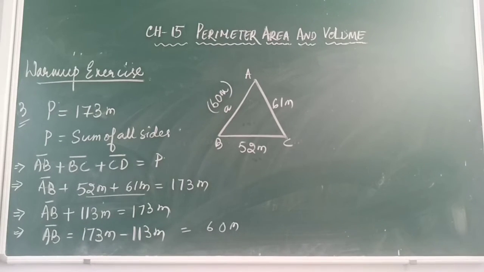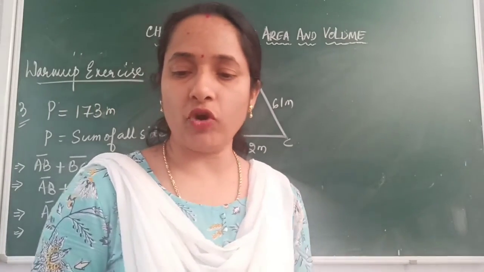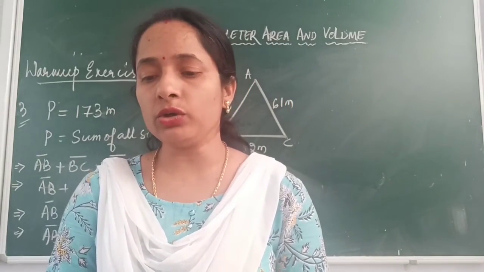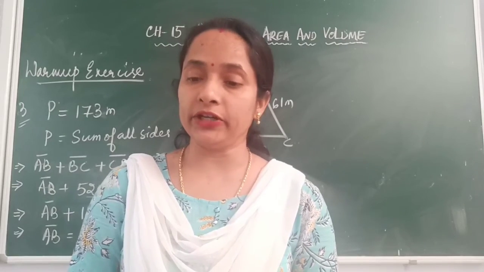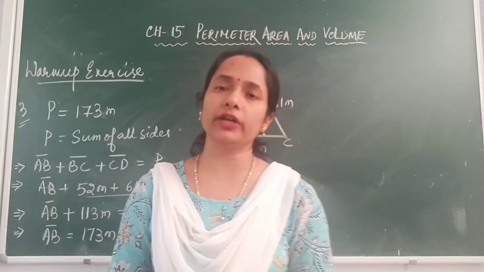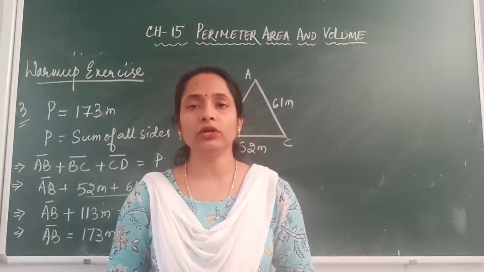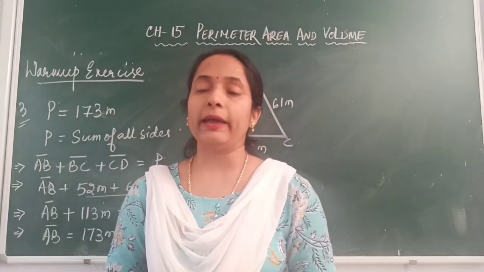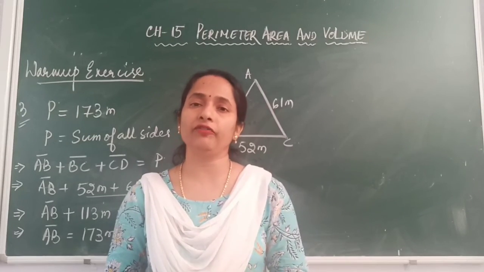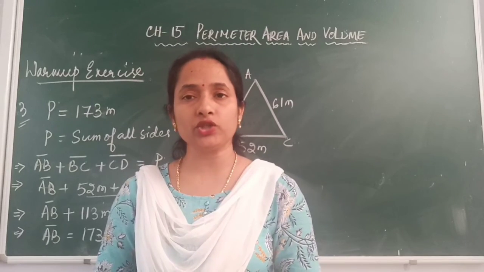Okay, understood now? So next we have question number 4. Find the distance travelled by Ruhani around a square park of side 72 meters. Also find the area of the square park. Children, we already learned how to find the area and perimeter of a square. So you simply have to put the value of the length of the side in the formula and find out the perimeter and area of the park. So this one is homework for you.